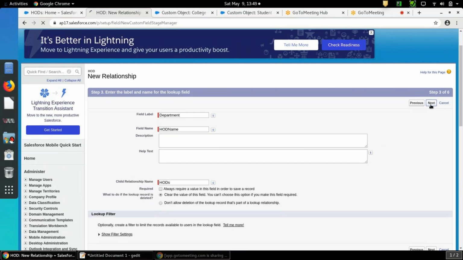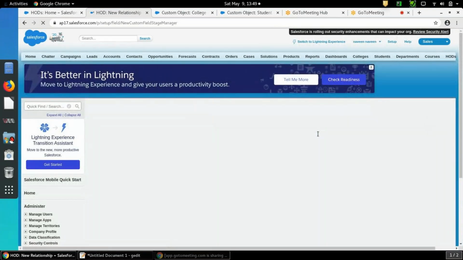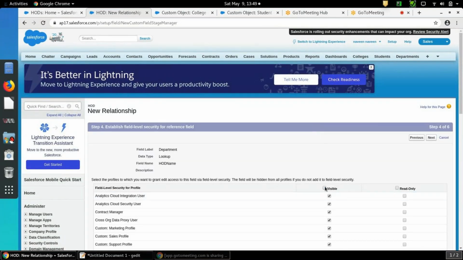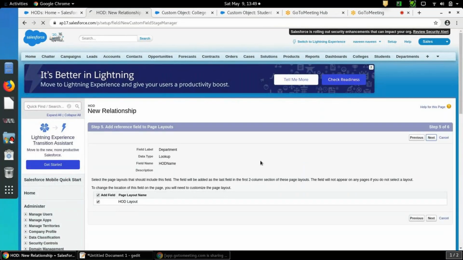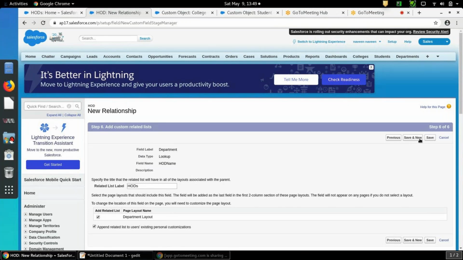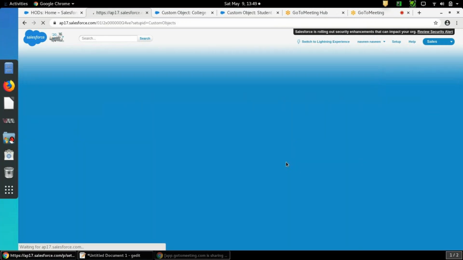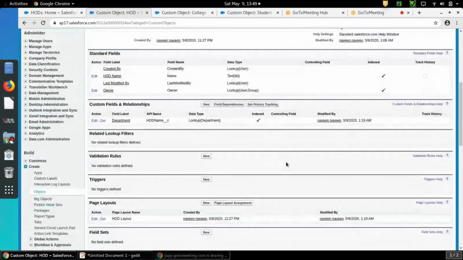Click on next. Visible to all profiles. Next, next, save it. So now we got a lookup relationship field.